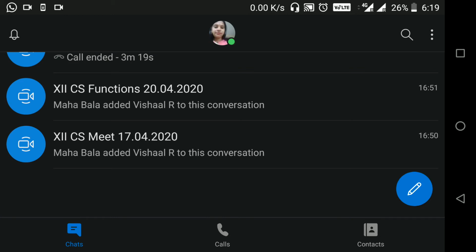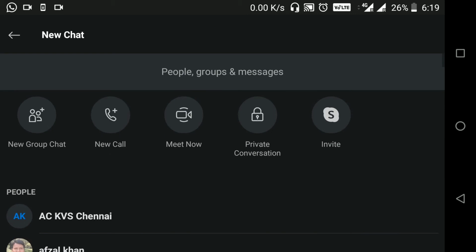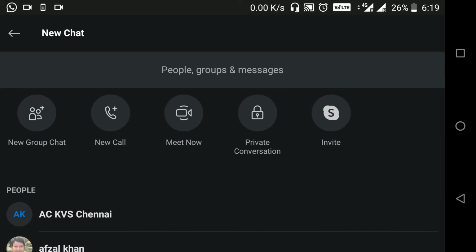Now to start with, let us create a meeting for the students to join. Click on the bottom right button, a pen-like icon in front of you. When you click on that pen, you will see these options on your screen. You can start a new group chat, which is similar to WhatsApp. You can call a particular person or student.